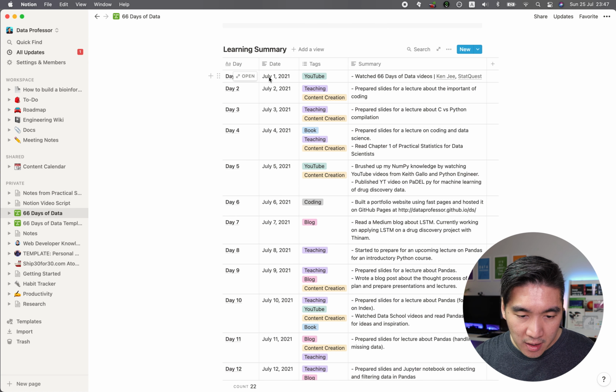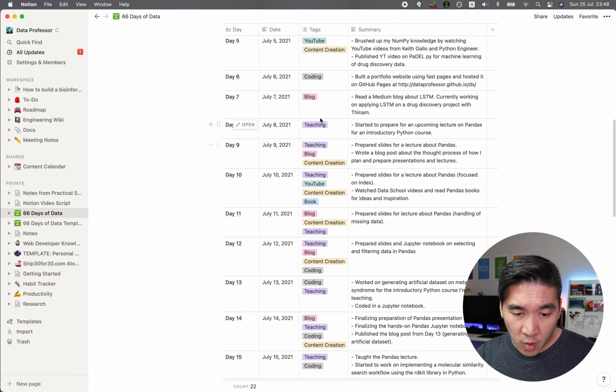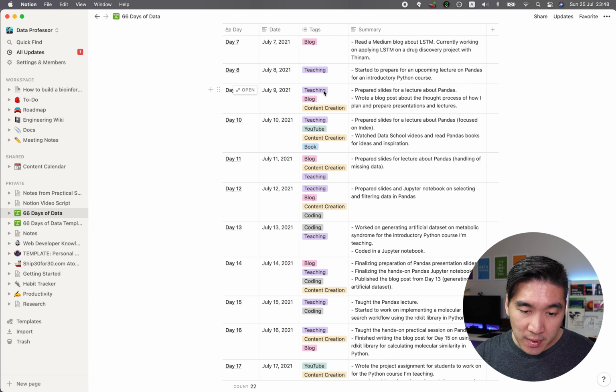So for each day, I've included day 1 or day 2, and then I've included the date and the tag here. I've included whether it is related to YouTube. Like for the first day, I've watched some YouTube videos, and so I used the tag of YouTube. And so if I created content and also watch YouTube, I'll put in tags YouTube and content creation. Or how about some days, if I coded only, I'll just use the coding tag. Or maybe some days I might be reading blogs, so I'll use the blog tag. Or some days I would be teaching or also read or write blog posts, so I would click on blog